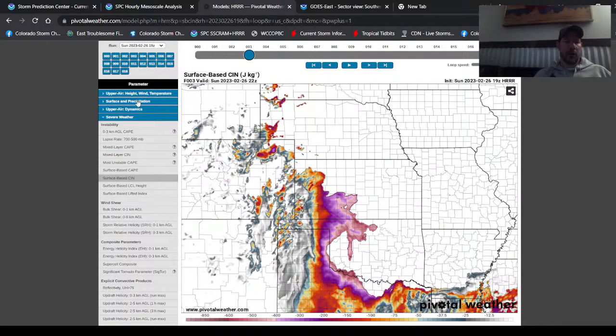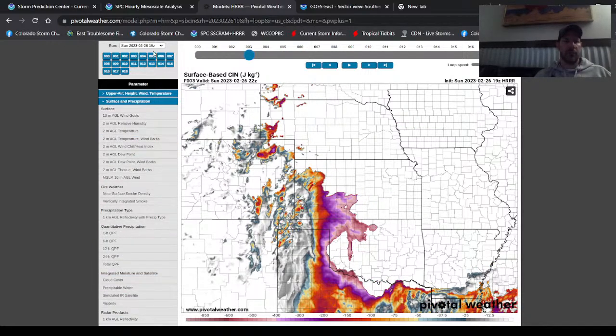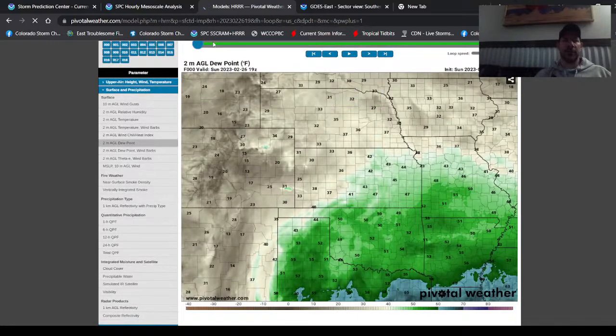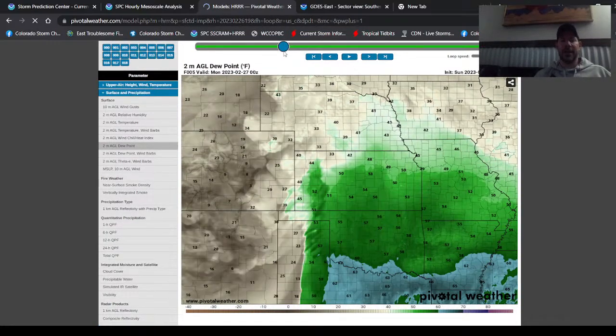Okay. Current look at the HRRR. Oops, yeah, this is the latest. Yep, 19Z HRRR. Again, if we look at dew points for that area, as we look at that forecast, we're seeing those 50s down here. We're going to see these 60s begin to creep up into that area and really give us a little more